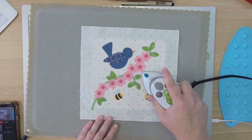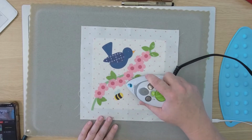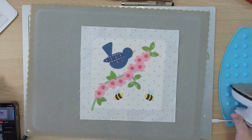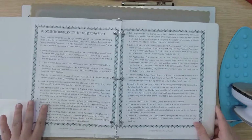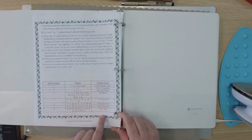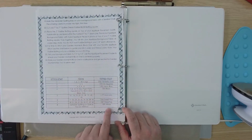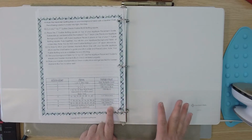Then of course on this step, if you want to use your proper big iron, of course you can. I'm still using my little Steam Fast. So let's talk about just the stitch steps now. No matter which method you're doing, these are the order you're going to stitch everything. And you can see optional at the bottom is the 1001 white for the quilting if you're doing the quilt